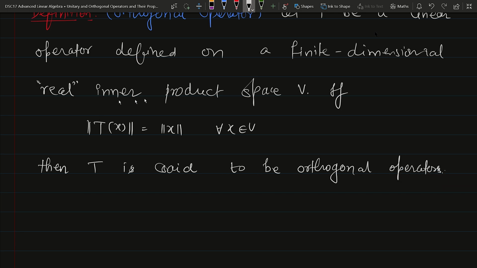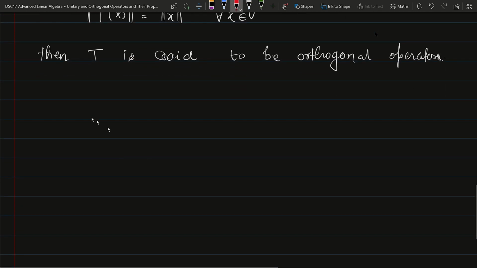ठीक है, तो अगर फील्ड रियल है तो ऑर्थोगोनल विद द सेम प्रॉपर्टी, अगर फील्ड कॉम्प्लेक्स है then T is said to be unitary operator. नाउ यहाँ पर हमने दोनों ही केस में फाइनाइट कंसिडर किया है. व्हाट इफ इनफाइनाइट? सो दिस विल